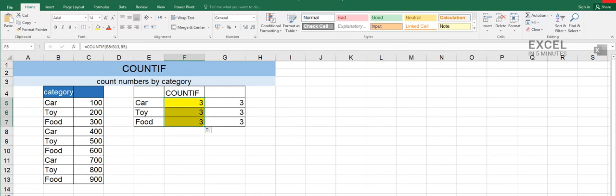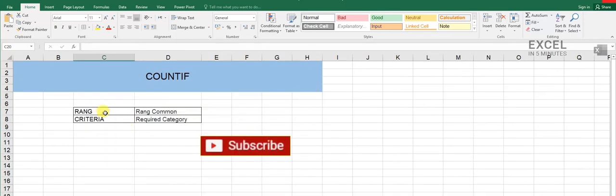Let's do summary. I have the range, I have the category, and that's the COUNTIF if I have a big